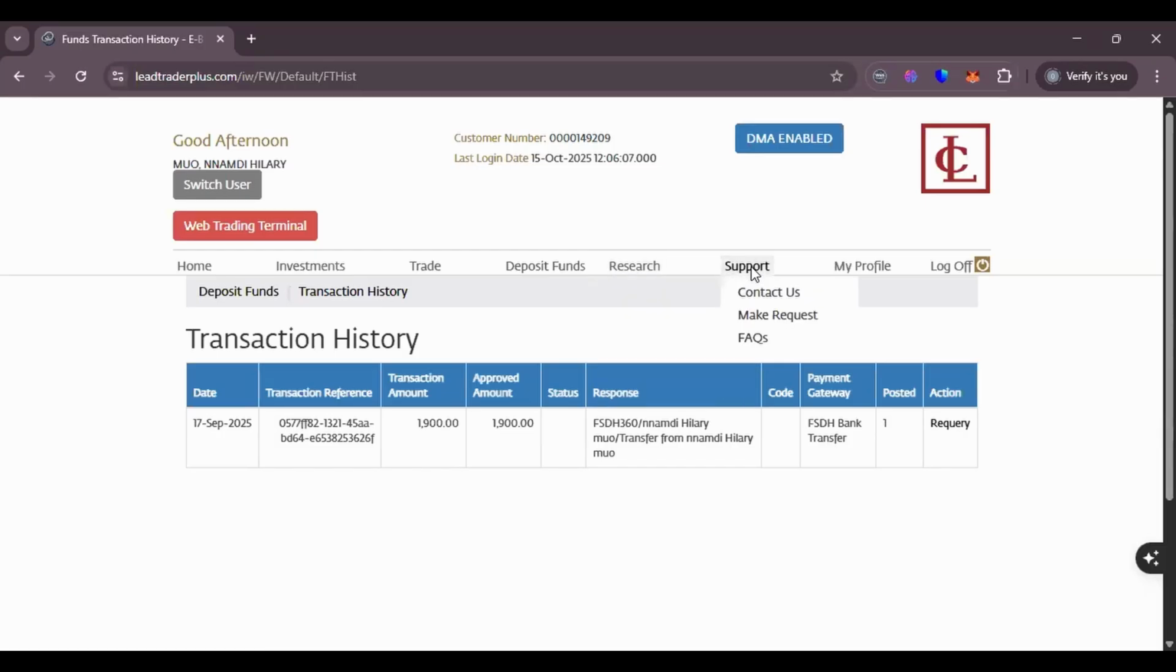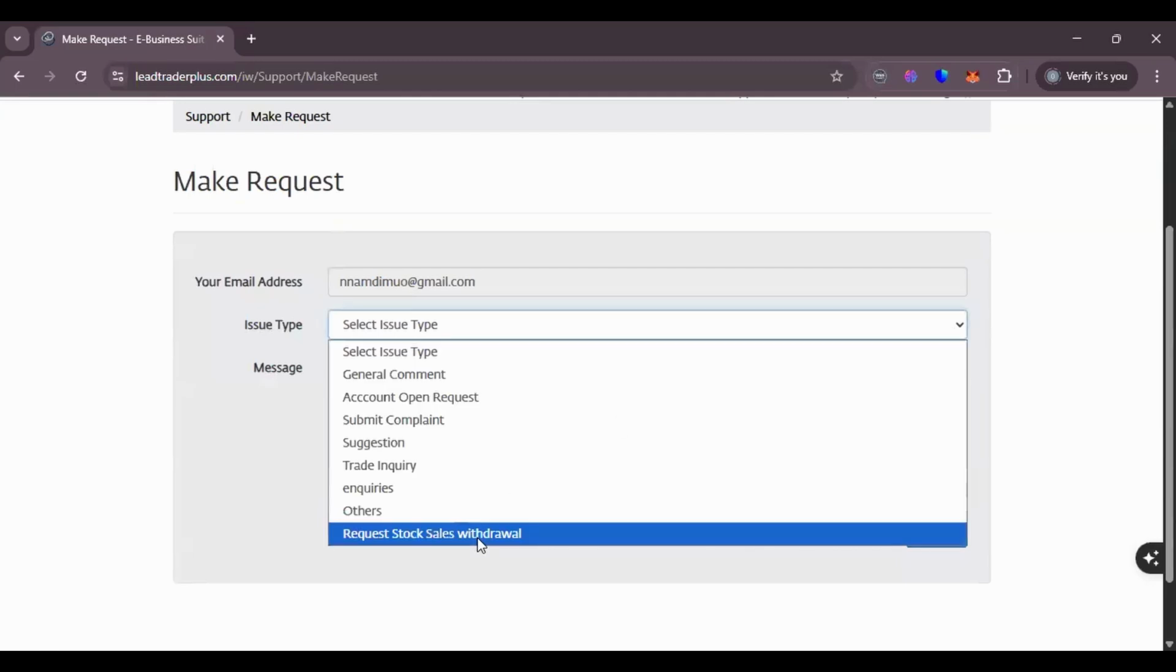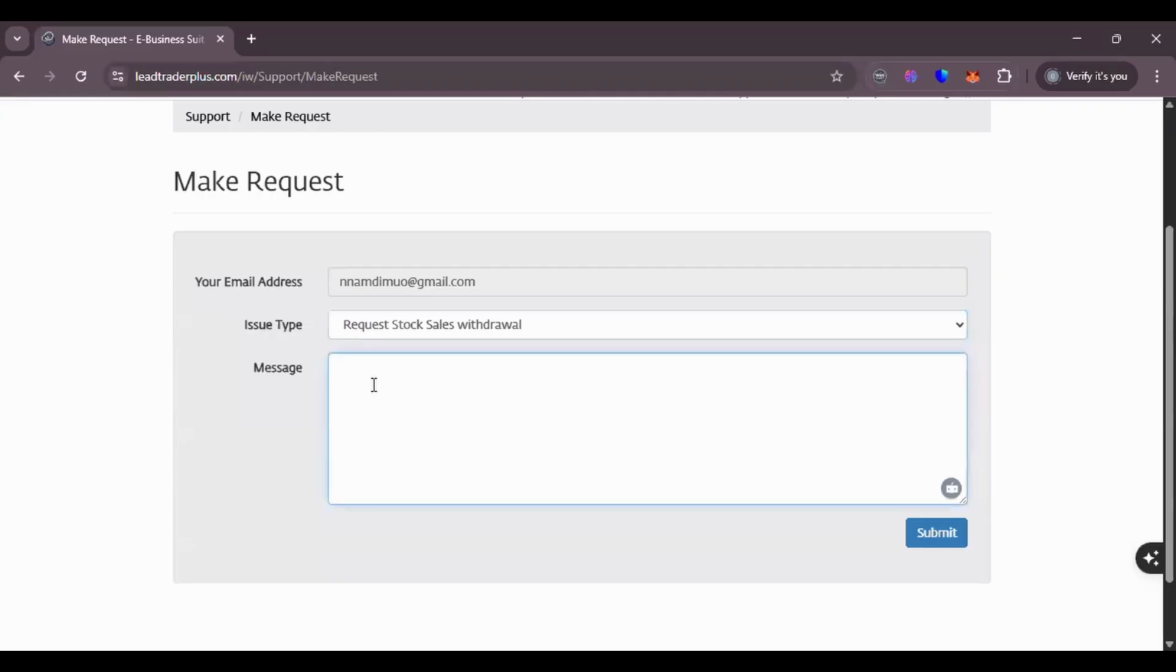Once you go to support, if you want to withdraw your sales proceeds, you go to make a request. Once make a request opens, you see a drop down. See request for stock sales withdrawal. Once you click on that, you type the message: kindly pay the amount that you see on my cash balance for my sales proceeds. Then you can include your bank account details that they will pay you to. Make sure that the bank account details correspond with what we have on our database so that we can